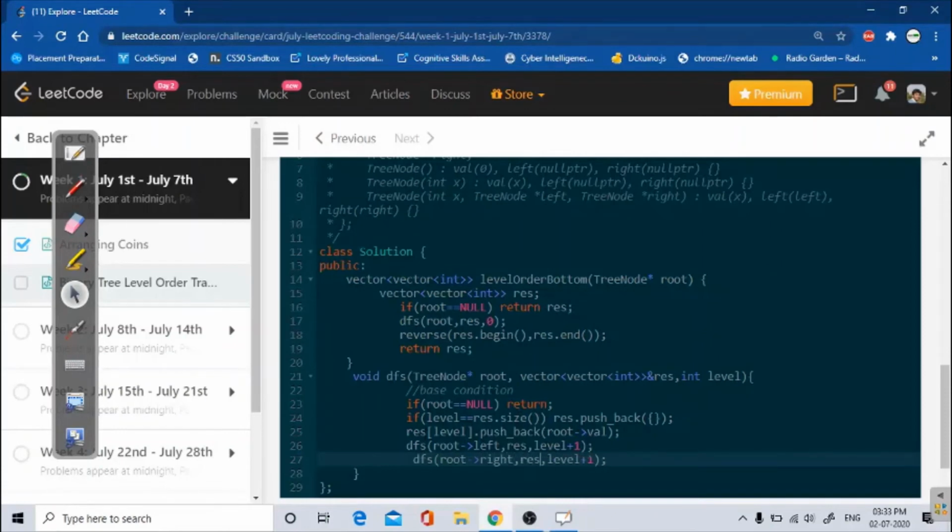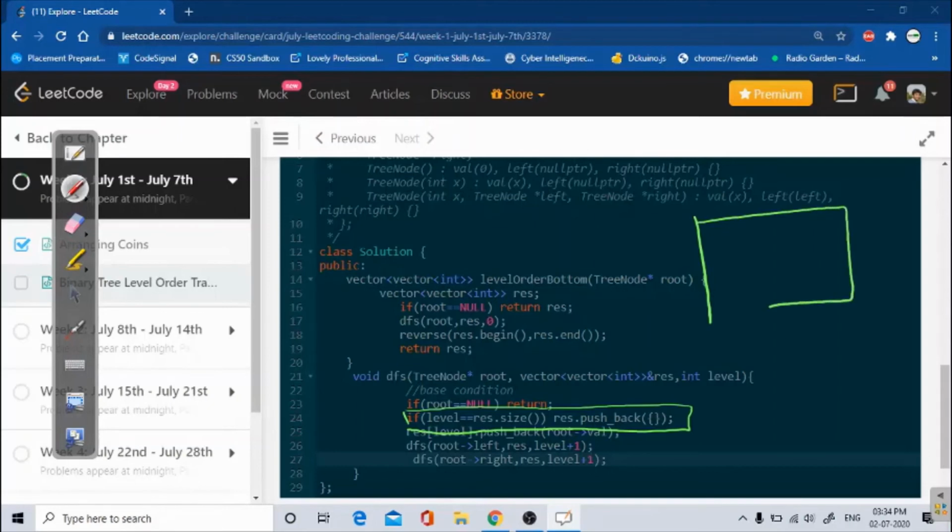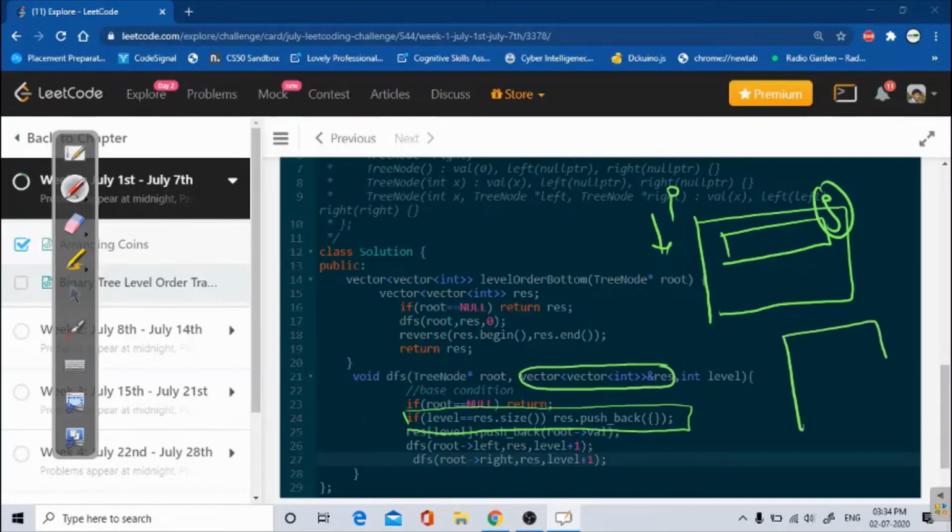So this is it. Why did I write this? This is the main backbone of this DFS. Right now I have just initialized the vector size in the I direction. Now I have to create the vector in this direction, the J direction, also. Right now we have just a normal 2D vector.